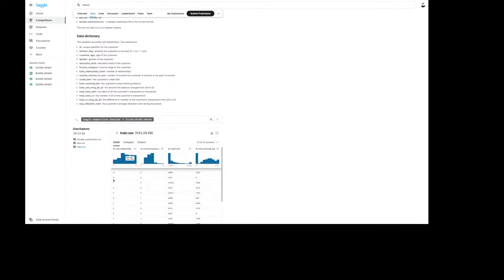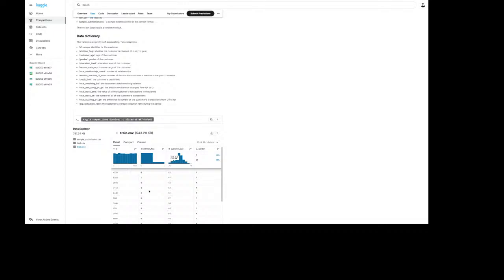Then we have things like total relationships and months inactive that are numeric, and they're not normal, but I don't need to log them or anything. Credit limit, I could log that, since on a linear scale there's a lot at the max and the minimum. I'm just taking a quick look at some of these before we start our coding.